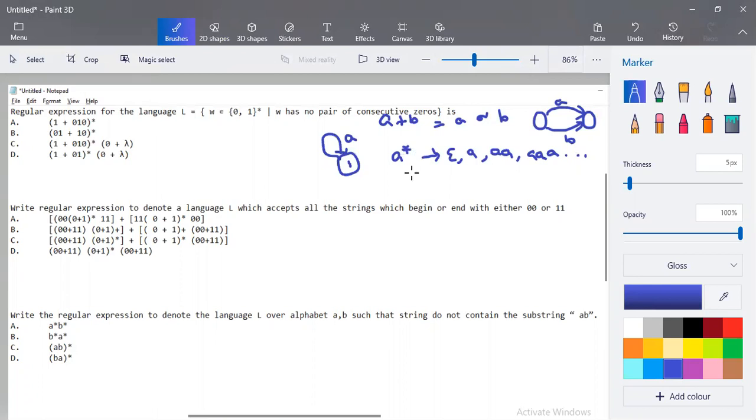Okay, so plus is done, star is done, and when you have one more operation called A dot B, A dot B actually denotes a concatenation operation. It is A followed by B. Okay, and in case it is A star B, it means all A followed by B. When it is epsilon, A star followed by B, epsilon followed by B is a single B, or A followed by B is AB, or any combination of A followed by B. So this is how we have to make a relation. Okay, so with this basic operation, we'll see what all the questions that are there that are taken.